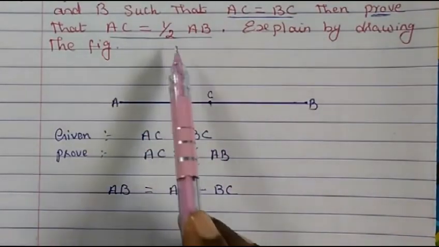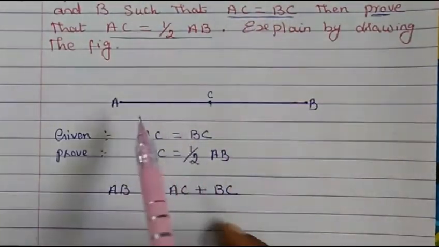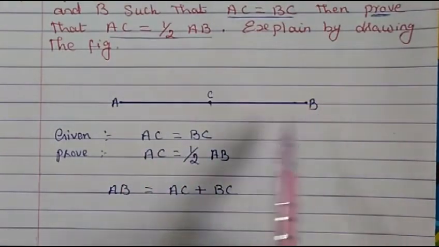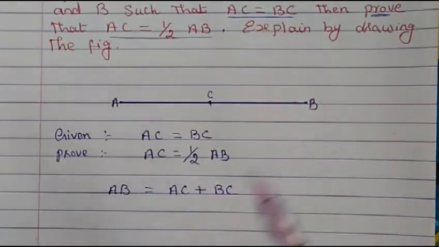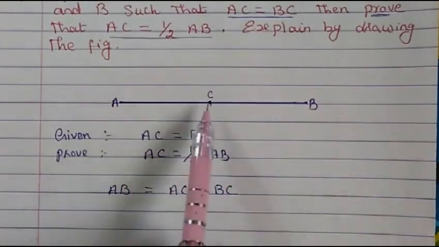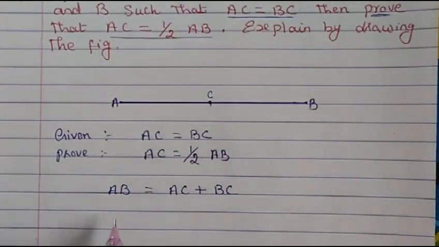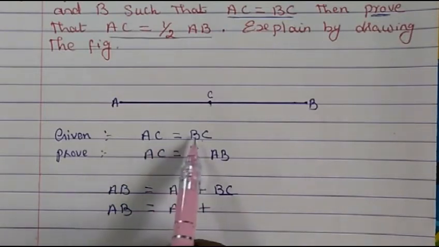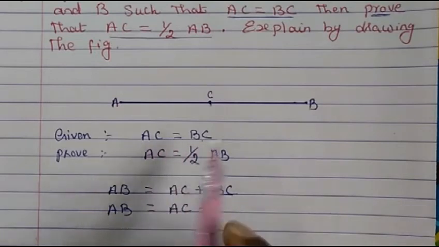So in order to write the proof properly, because it is given here AC is equal to BC, we keep it that way only. Otherwise you also can write AB is equal to AC plus CB. Since it is given this way, we write AB equal to AC plus BC. So now next, AB equal to AC as it is. Now instead of BC, can we write AC? Because it is given to us that AC is equal to BC. So AC or BC, it is equal. So instead of BC, can we write AC?